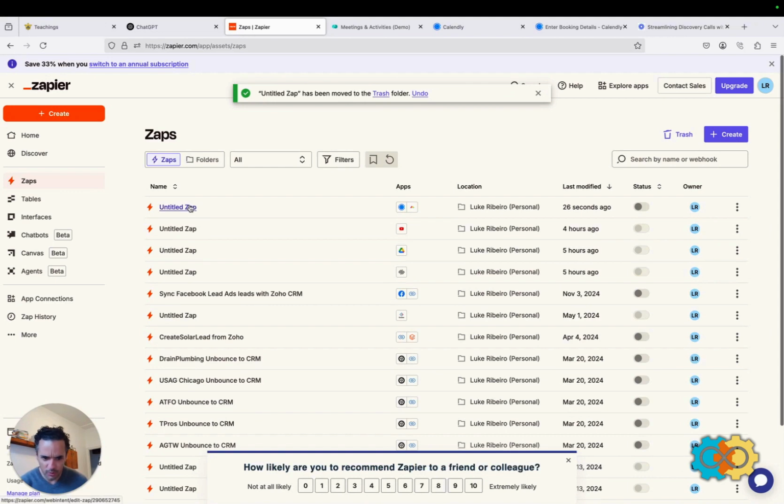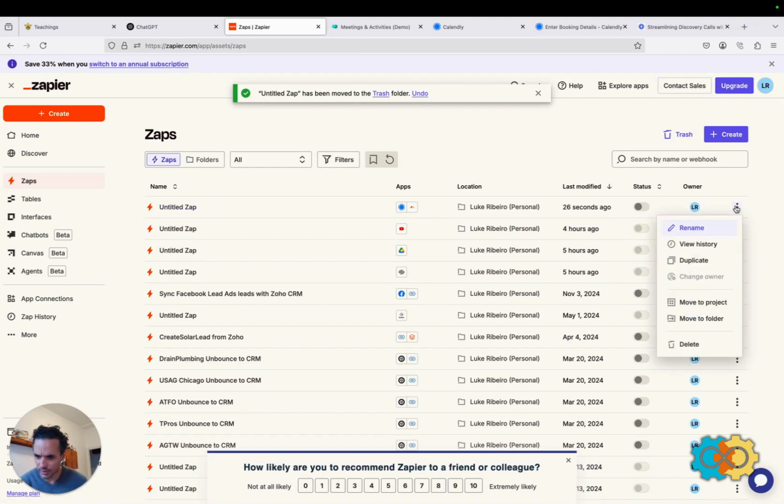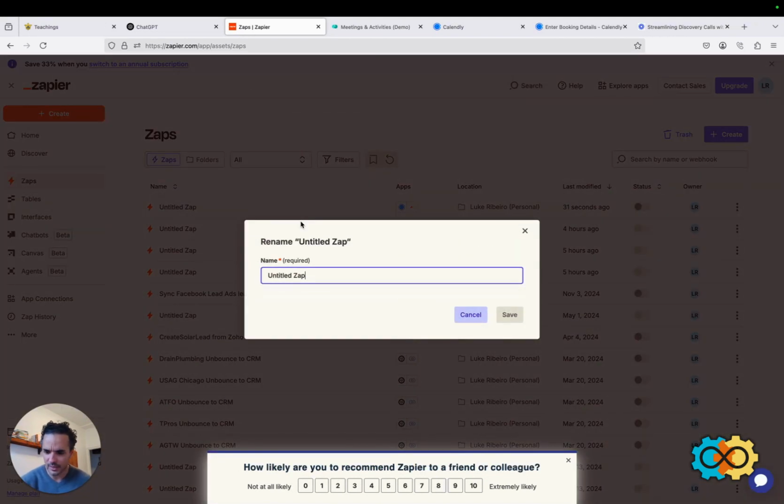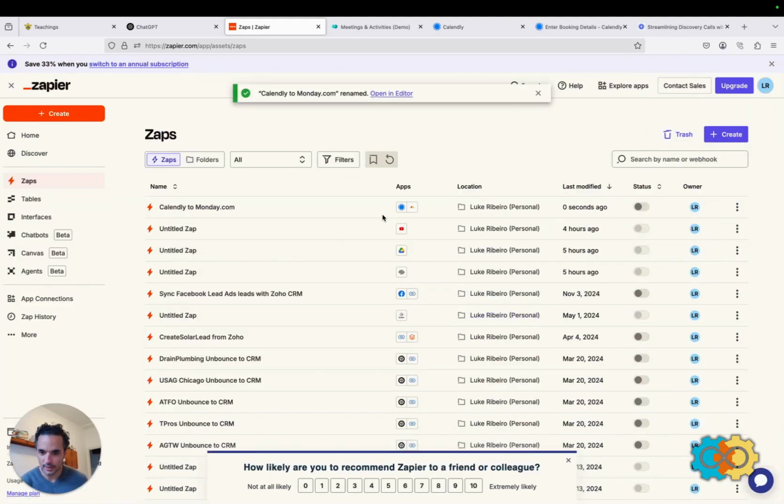And then of course, a good habit is to label all your Zaps and everything properly. So this is going to be called Calendly to Monday.com. Let's call it that for now. Voila. And now status, it says the Zap is off. Let us turn it on. Okay, so now